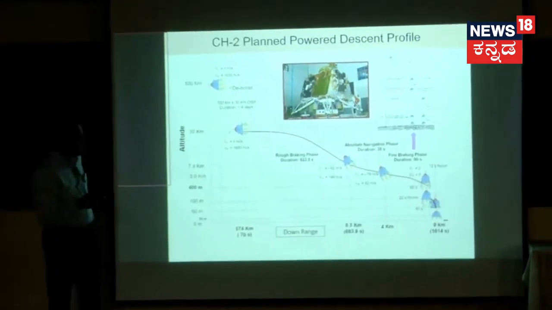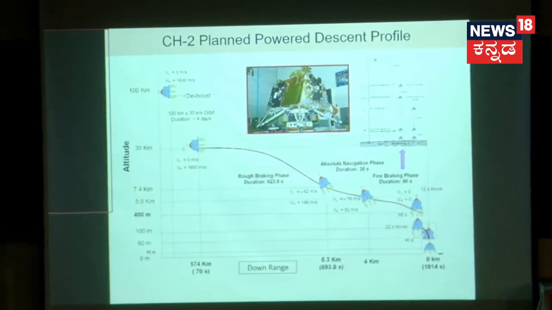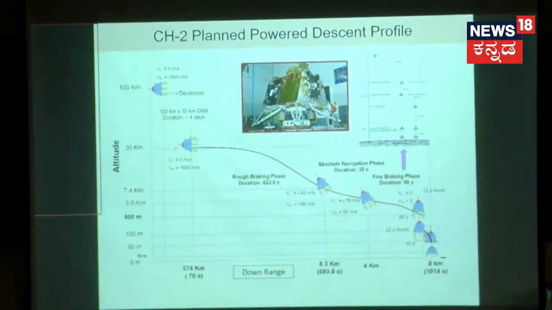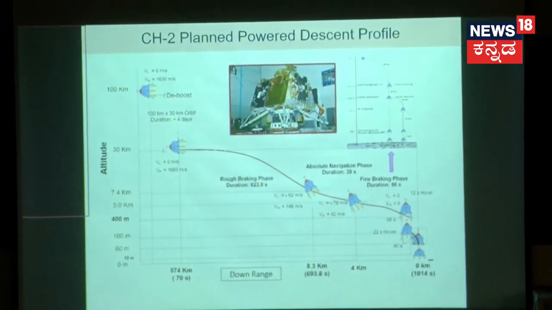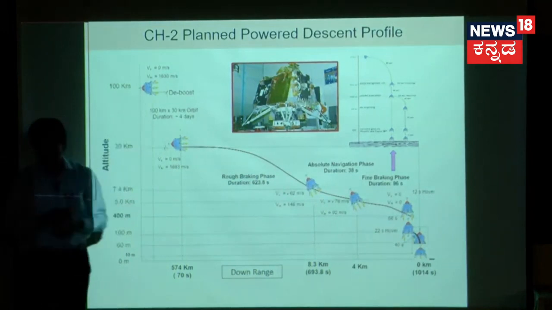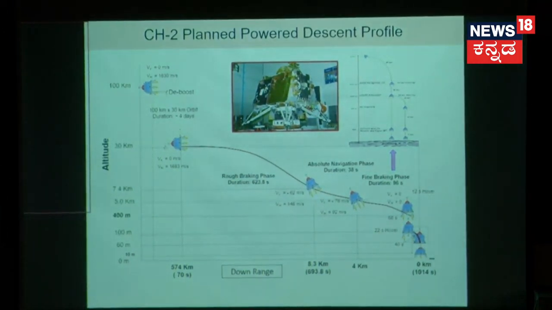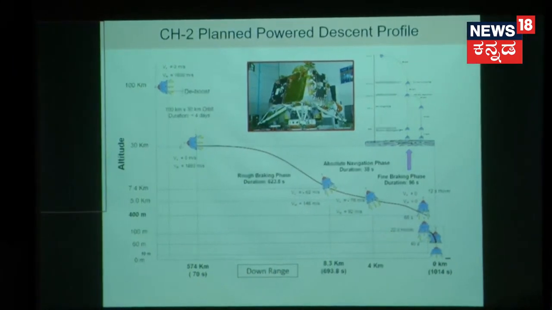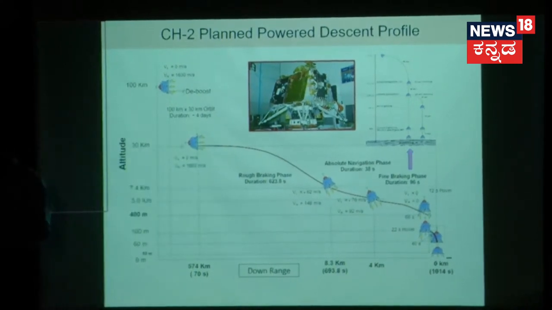It's a very complex mathematical problem which involves fuel optimality issues, the power plant capability, and the dynamics of the body; all this plays a lot of roles. I am not explaining that design process here, but there is a process in which we start at 100 kilometers. From the 100-kilometer orbit, the velocity will be reduced in such a manner that it will have an orbit of 100 kilometer apogee and 30 kilometer perigee. From that point, it starts the descending process. It's called the powered descent phase.